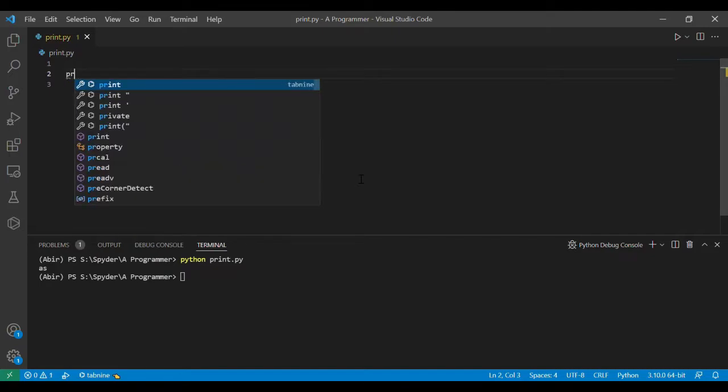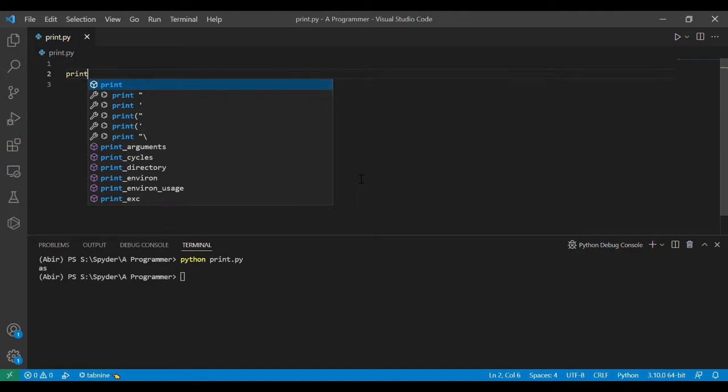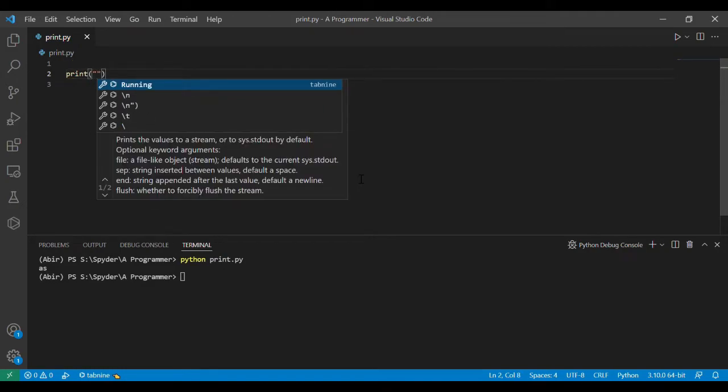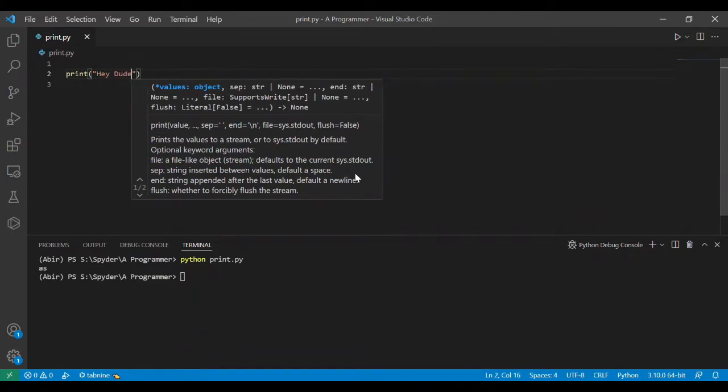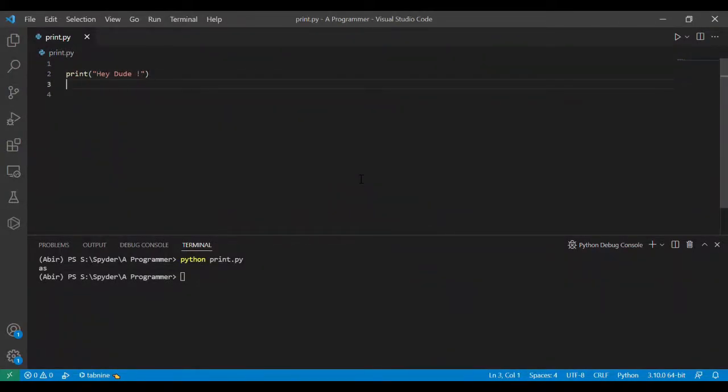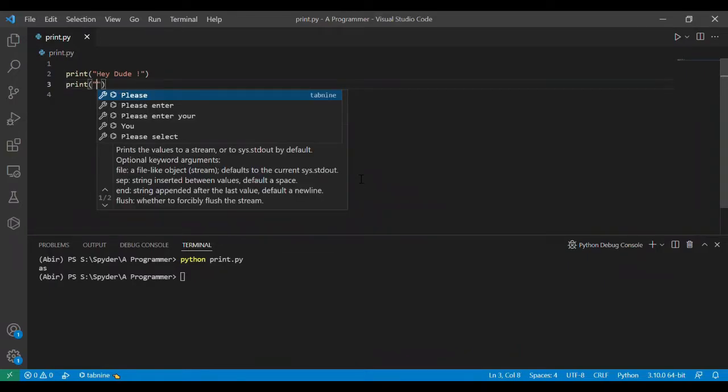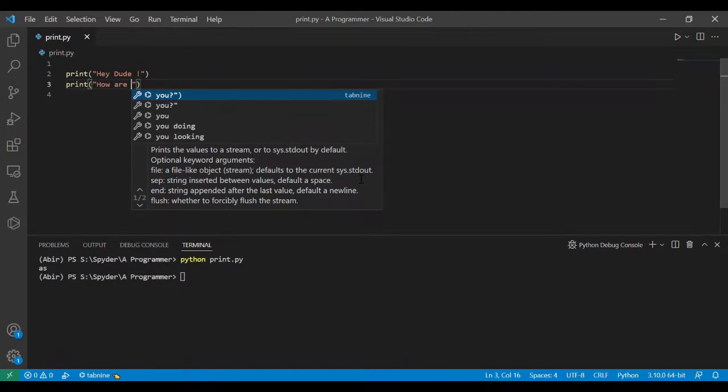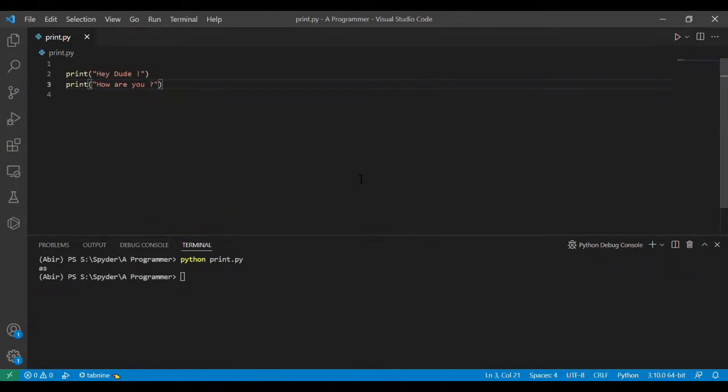First trick: if you normally use Python heavily, and in the second line you are going to print edit how are you. So if you print it, edit how are you, it prints in 2 lines. So if you want to add them